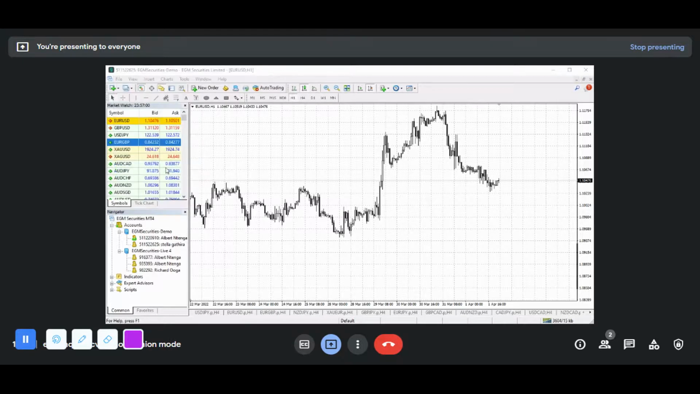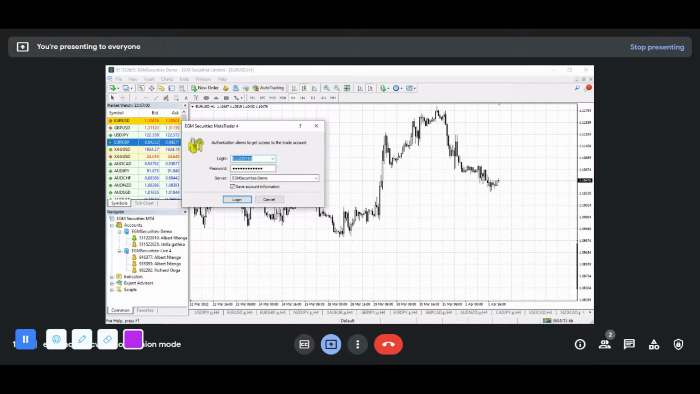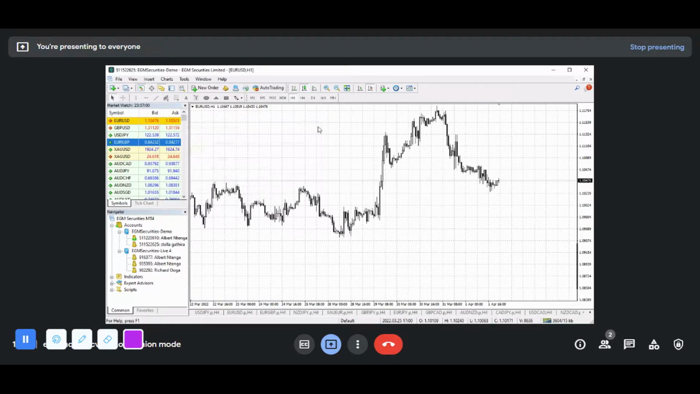Once you log in to trader account, a pop-up window comes. You input your account ID, your password, and then select the server. Is it a demo account or a live account? In our case, it's just a demo account. You select the demo account, then you log in. You'll be logged in automatically. Then,